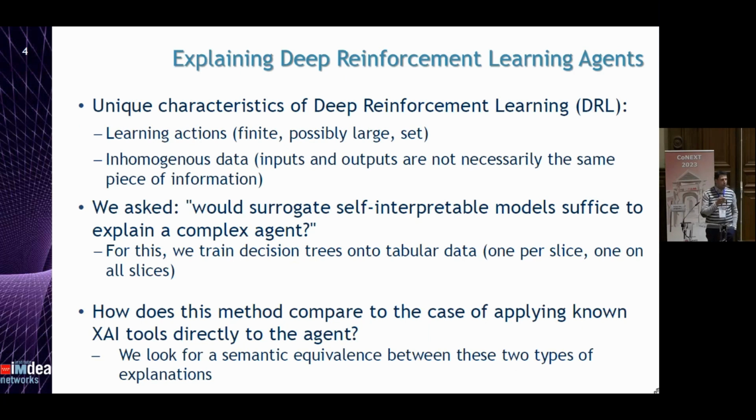So going further, I want you to point out a few key unique properties of deep reinforcement learning. And this is important to set the stage for how we develop our EXPLORA framework. So here we want to learn actions, and this is a finite, maybe large set, but it is finite. Whereas, for example, if we think about traffic forecasting, when you have a sequence of past values to predict the future values, predictions usually are real values. So that's something slightly different.